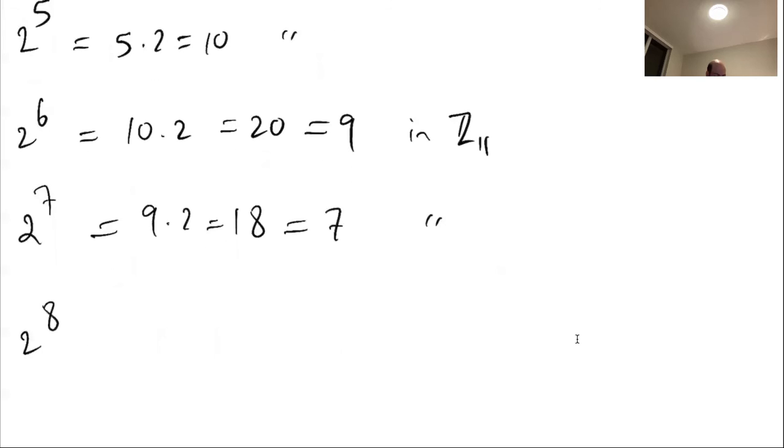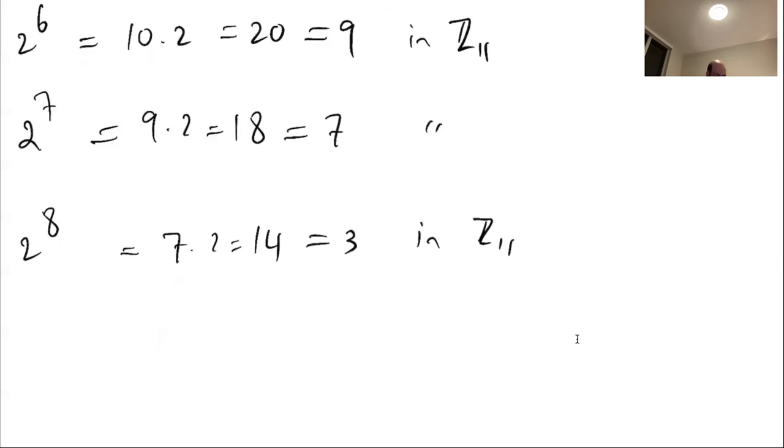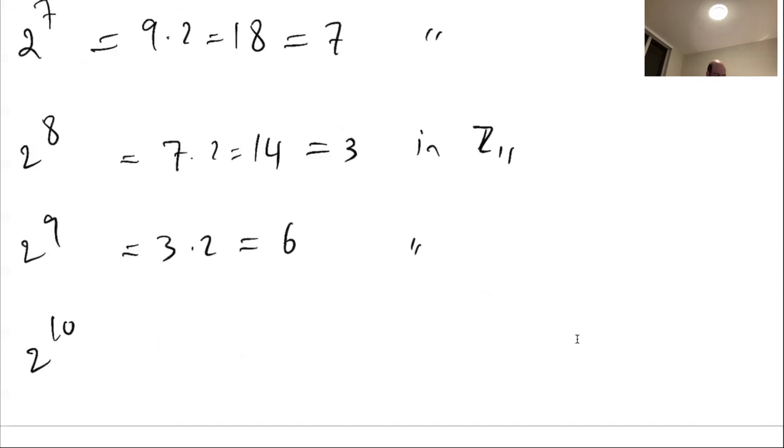2 to the power 8 is 2 to the power 7 times 2. 2 to the power 7 is 7. So 7 times 2, 14, which is the same as 3 in Z11. 2 to the power 9 is the previous one times 2, so 3 times 2, that's 6 in Z11. 2 to the power 10 is the previous one, which is 6 times 2, which is 12, and 12 is